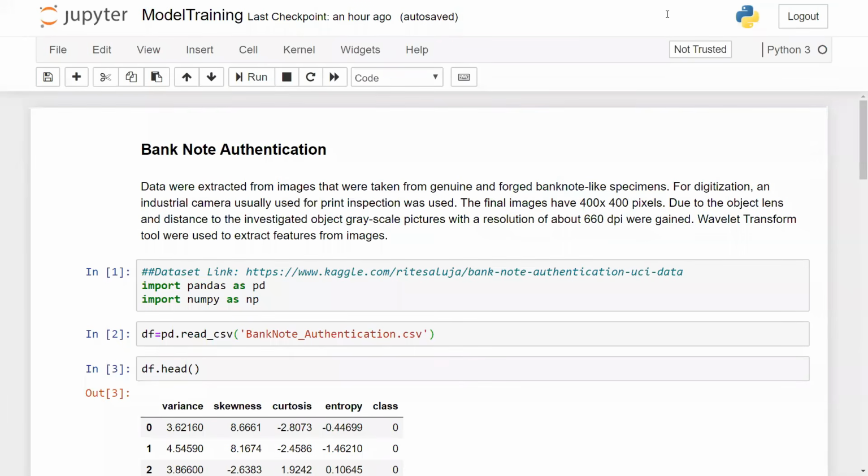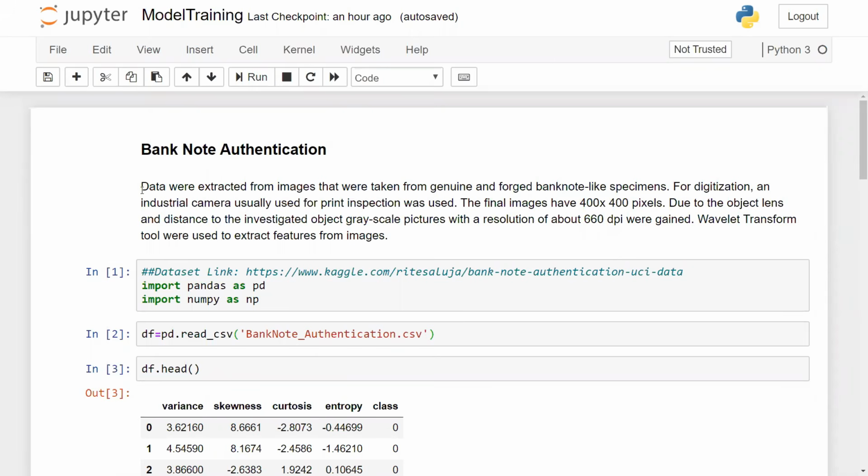So guys, let's go ahead and try to solve this particular problem statement. The problem statement is basically called banknote authentication. And here we need to find out, by just seeing the image of the note, whether that note is authentic or it is not authentic. Okay. And when I say banknote, this may be money, right? This may be other things also.